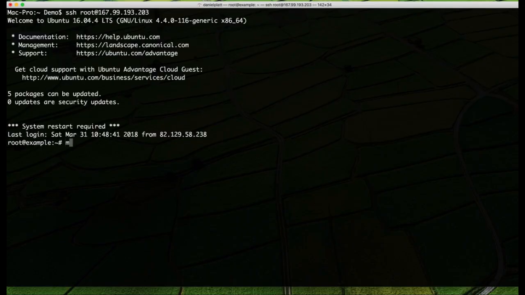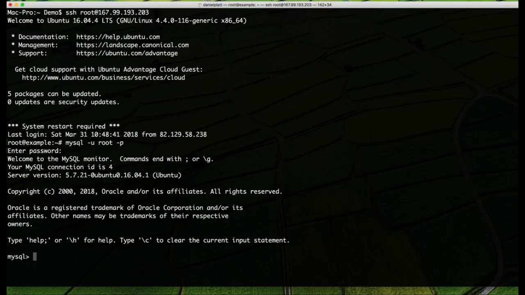And what we'll need to type is mysql -u, for user, which is root, -p to prompt us for the password. Now hopefully you remember the password from earlier when you set up MySQL. So enter it now. There you go. This is MySQL. And what you need to do is type create database,